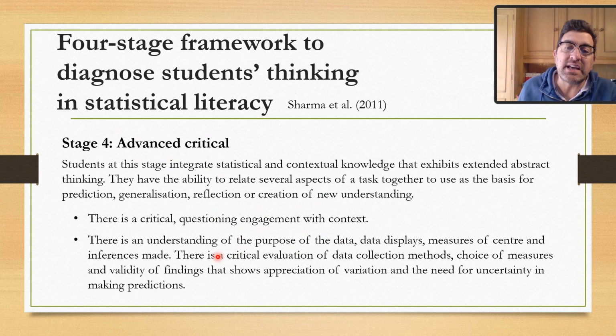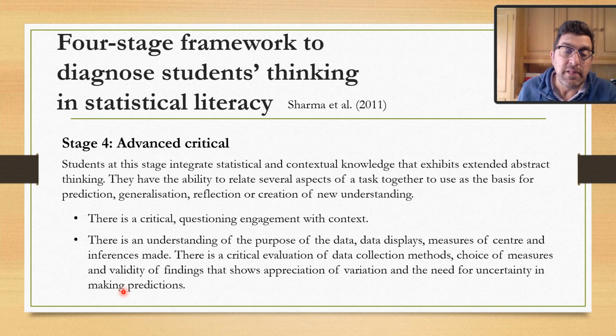There's an understanding of the purpose of the data displays, the measures of center and inference and spread, and inferences are made at the advanced critical level. There is a critical evaluation of data collection methods, choice of measures, and validity of findings that shows appreciation of variation and the need for